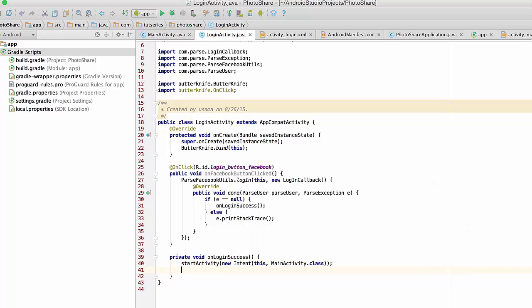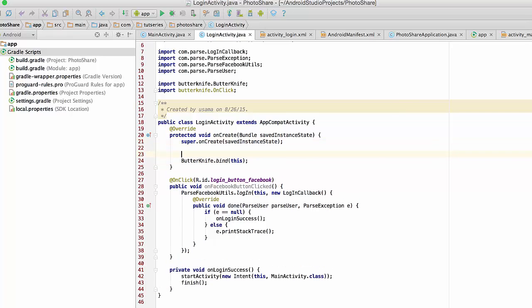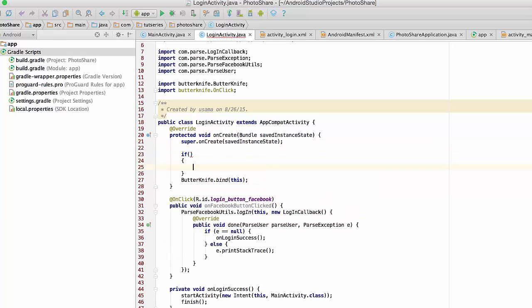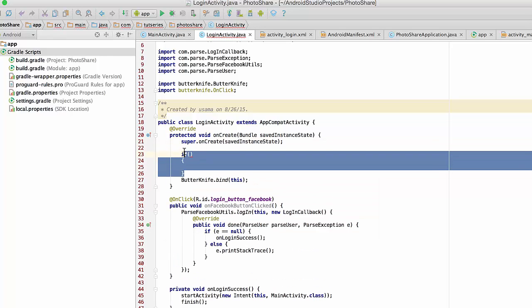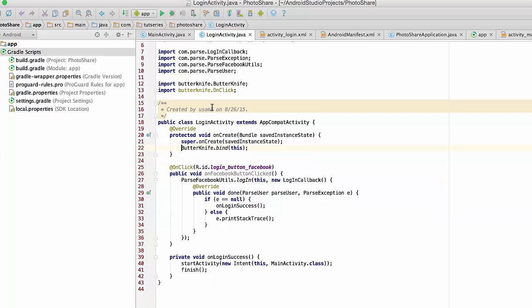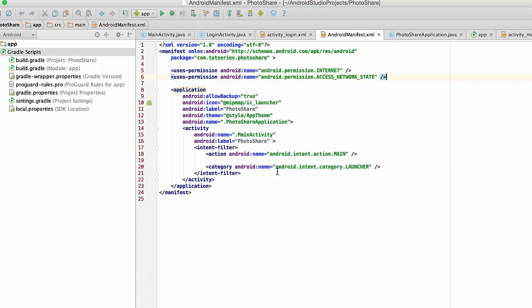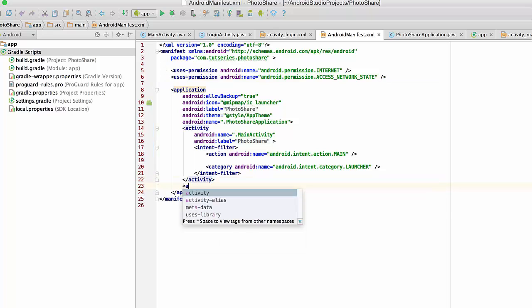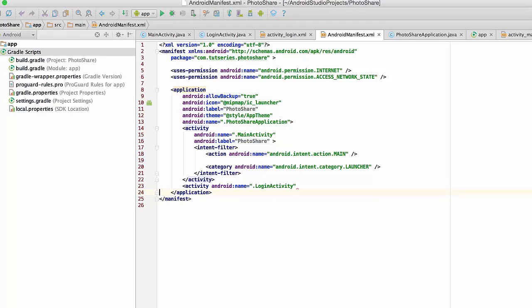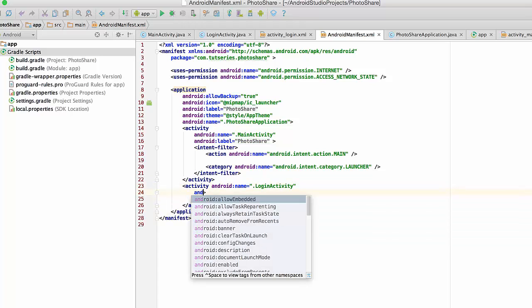We're just going to move to that activity and we're going to finish this activity. Right. Now one more thing. So we need to see if the user has already logged in. What we're going to do is make it so that the login activity is the entry point of our application. So in order to use the application, you have to be logged in, right? So because of that,